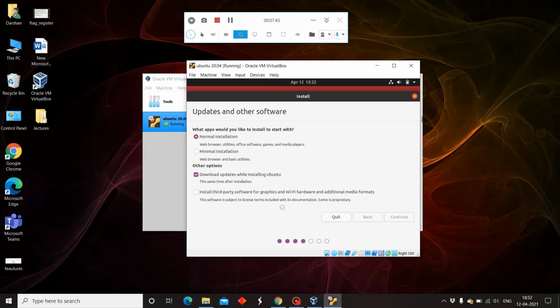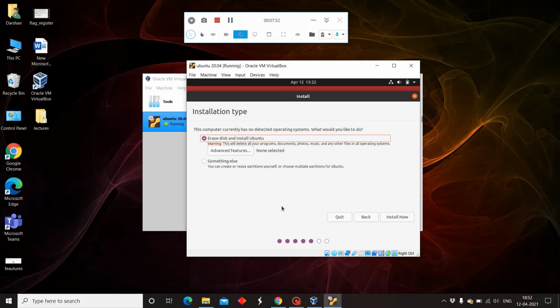One thing you have to mention is that you need to have a lot of storage area in your system. Otherwise, mostly what happens is your system hangs a lot after installation. So you need to know this point.